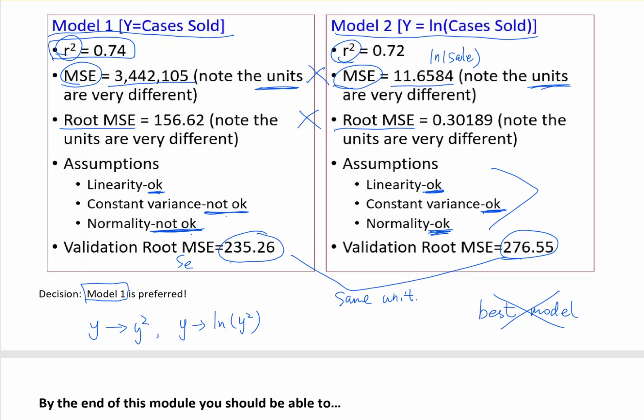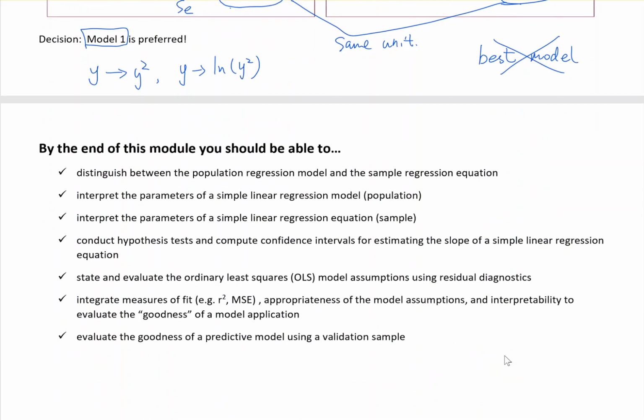All right, so we just use these things to give you a general idea about simple linear regression, how to choose your linear regression model, and how to make the transformations. And by the end of this module, you should be able to know the difference between the population regression model and the sample regression equation, and how to interpret the parameters and the statistics. So parameters means how you interpret beta 0, beta 1, and how you interpret b0, b1,